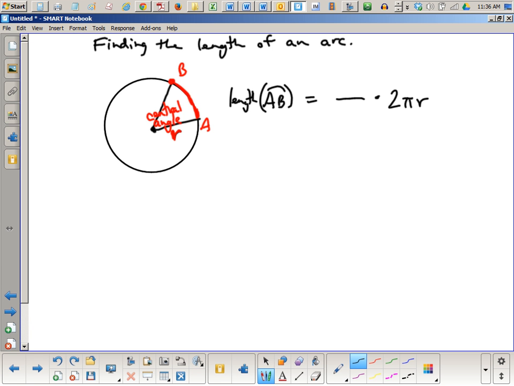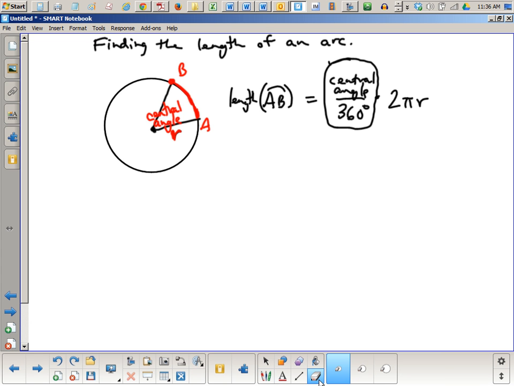Well, if the central angle is 180, then it's half the circumference. If the central angle is 90, then it's a fourth of the circle. You know, if the central angle is 1 degree, then it's 1/360th of the circumference, you see? So this is just common sense. You would just take your central angle divided by 360. This tells you what fraction of the circumference is red, see? And then you just times it by 2 pi r, which is the full circumference, and it gives you the